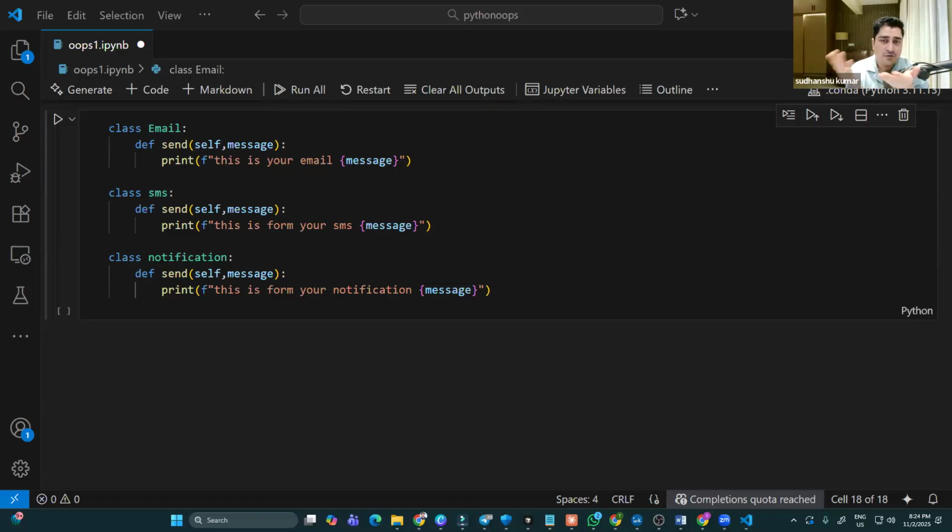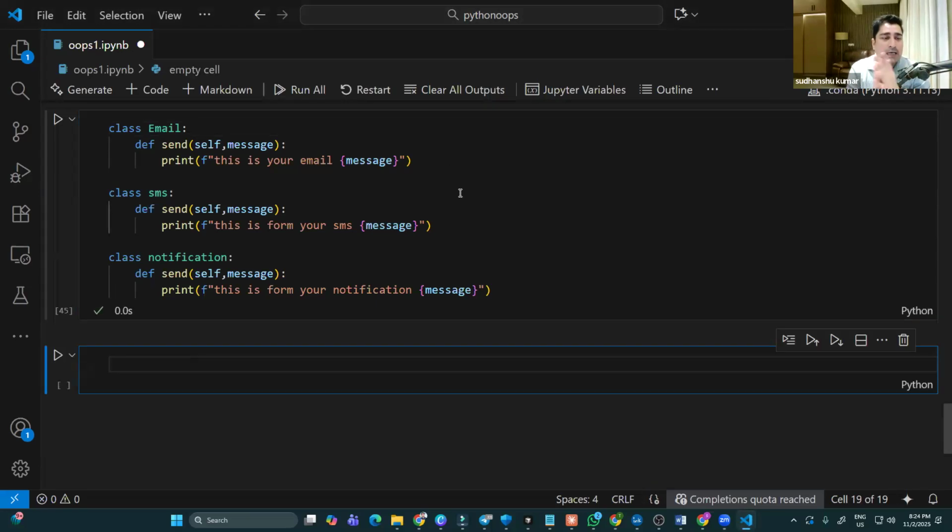So basically, your message automatically behaves sometimes as an SMS, sometimes as a notification, and sometimes as an email over here. That's something that we are trying to implement. To implement polymorphism, or to check what the actual implementation of polymorphism is,